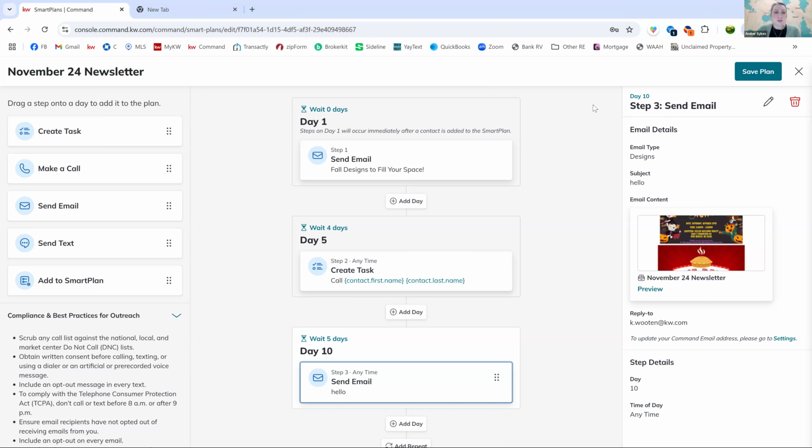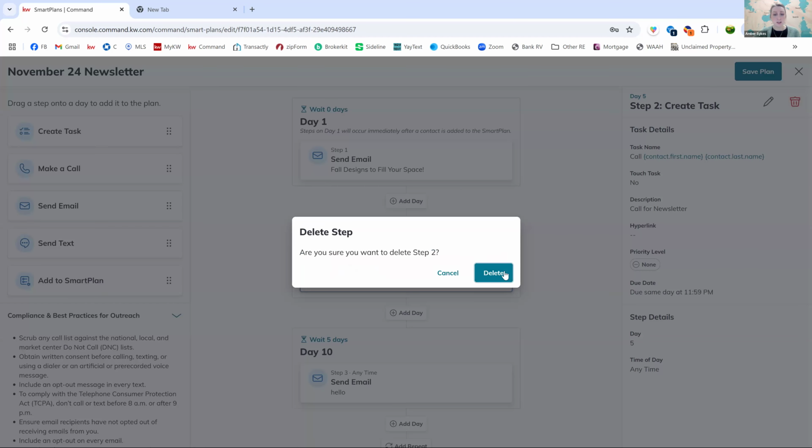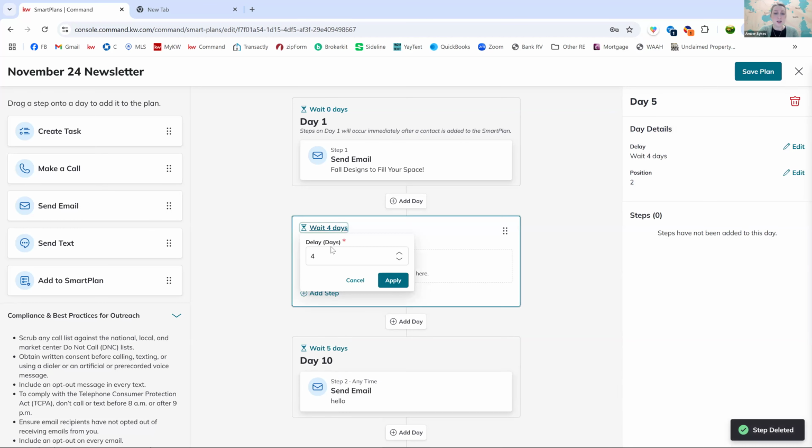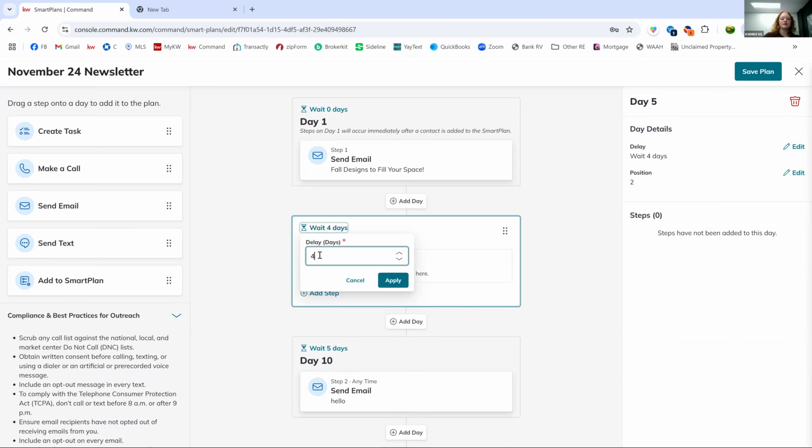If you have a smart plan for your whole, I mean, this might be kind of tough to do, but say you want to do 3 months at a time, you could easily pop in the first smart plan design, wait 30 days, and then actually design the second newsletter in a separate design, save it as the next month, and then wait 30 days and do the next email. So if you wanted to get 2 months ahead or 3 months ahead, you could also work it like that. Yeah, so change this to wait 30 days,